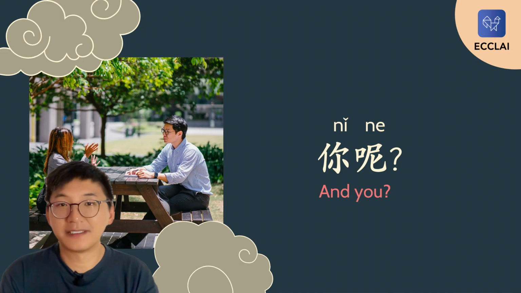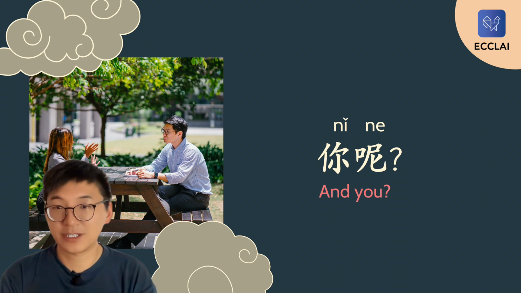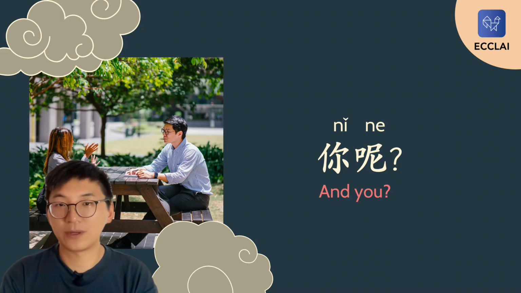The next sentence of this lesson is 你呢? 你 means you, and 呢 is another question particle. We already know another particle for forming questions in Chinese Mandarin, which is ma. We studied that word in lesson 1 in the sentence 你好吗. Now we're learning another one, which is 呢. This particle is used after a pronoun or a noun, etc., to form a question, to repeat a question that you already asked.